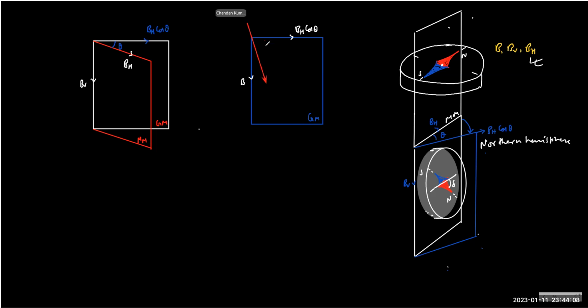and now I know this is the δ dash. So what is tan δ dash? What is δ dash here? This is called the apparent dip. So here δ dash is